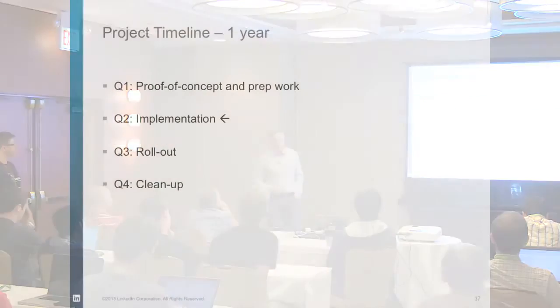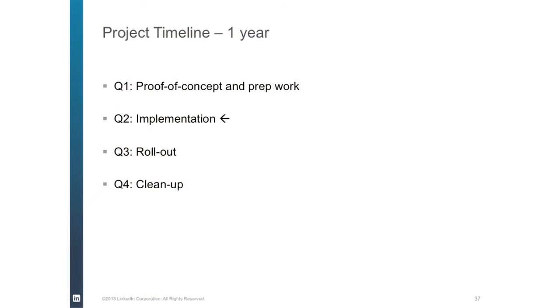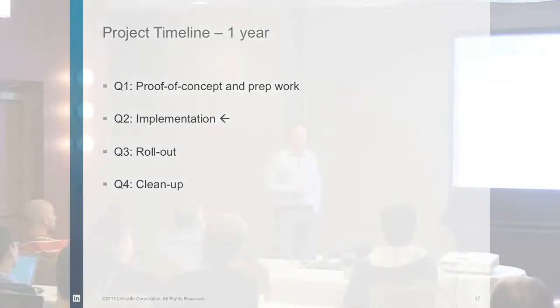So this is going to take about a year. In Q1 of this year, we did some proof of concept and prep work. That all went well. Right now, as I said, we're finishing up the implementation. We likely won't be done by the end of June, which will be the end of Q2. This will fall a little bit into Q3. I think 1.8, if we just follow the 6-week cycle, will probably be end of July, early August, which means probably middle of August. So that's when we can really exit this phase and then roll it out and clean up all the stuff that we can clean up, and then we'll be done. So that's the goal.